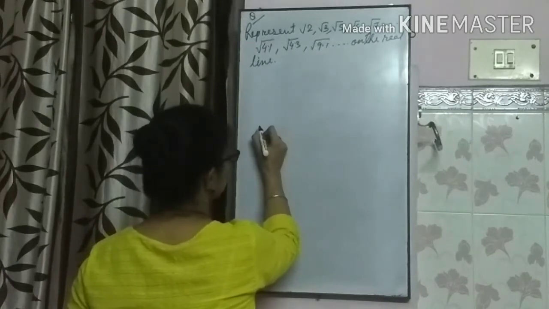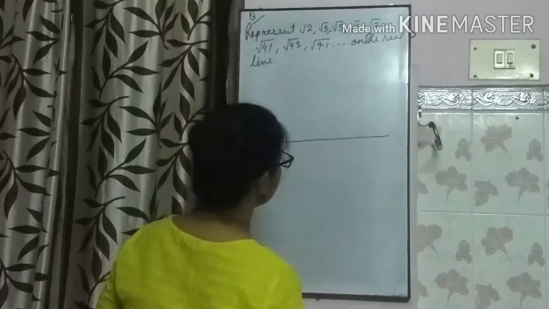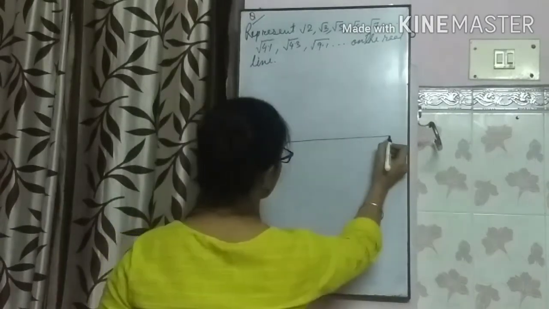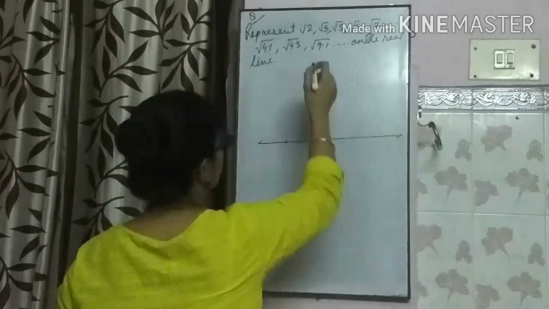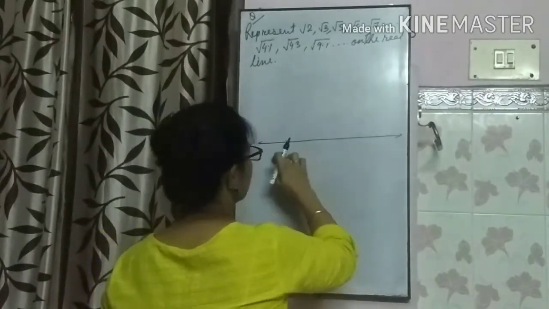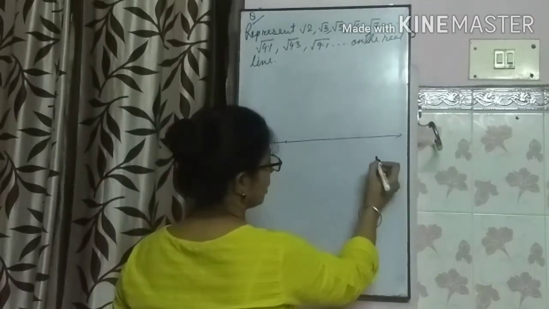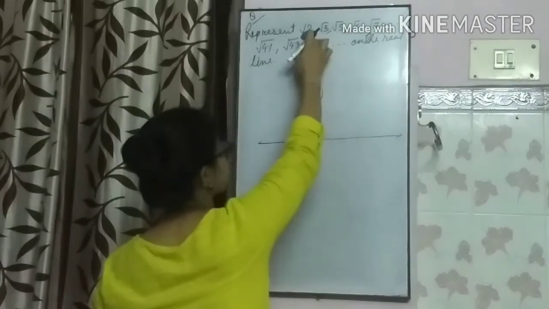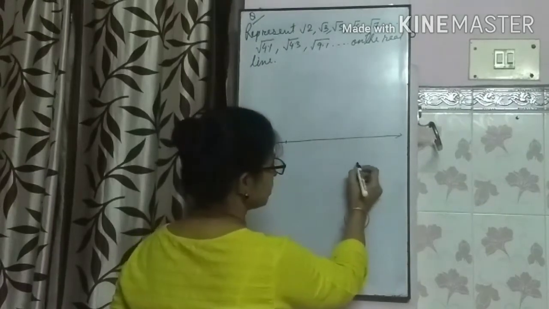First of all, we need to make a number line. Say, here I'll start counting. This is the number line. Now for getting root 2, here we need to make our right triangle. Now on this right triangle, the hypotenuse will measure all these irrational numbers. So how to get all this?